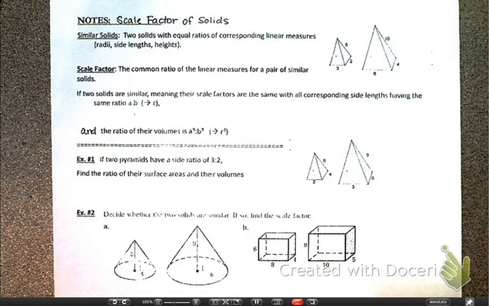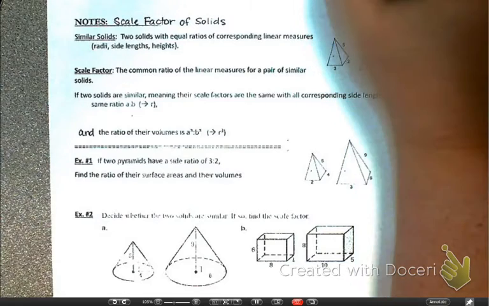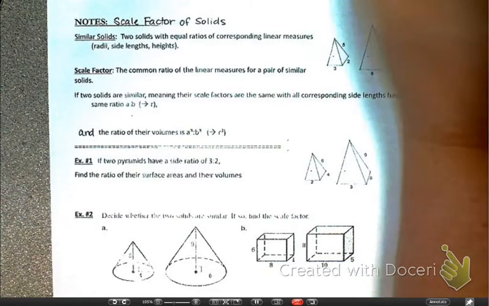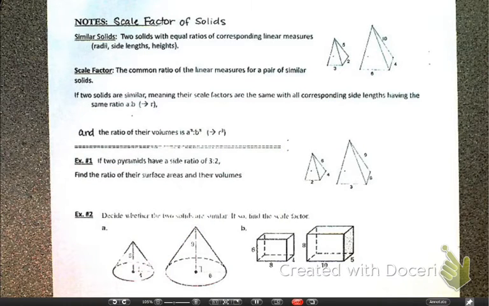So we have been talking about scale factor for like a week now. And now we're going to bring in scale factor of solids. When did we deal with solids? Look at the pictures that are on that paper. When did we deal with that? The last unit. What were we finding? Volume. Okay, so you don't want to forget everything you've learned, but we're going to deal more with scale factor